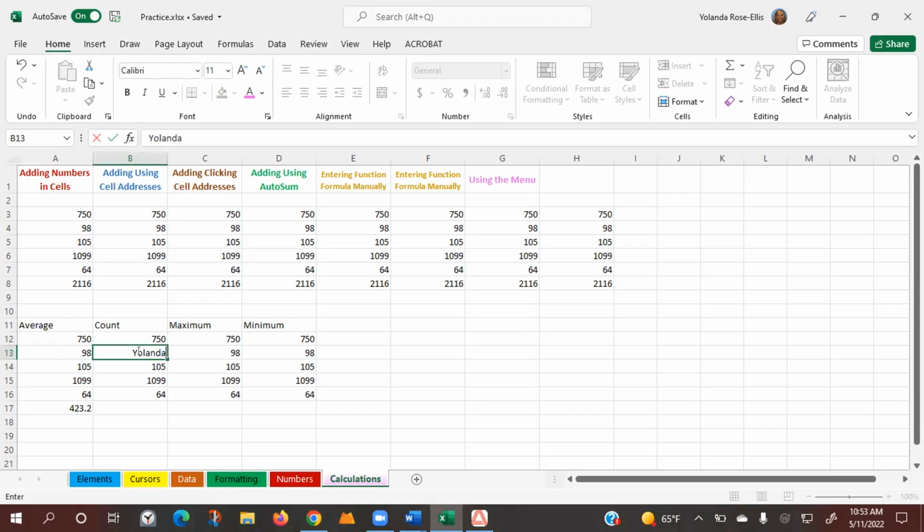In the cell where you have 98, just click on it once and type your name. And then we're going to click in cell B15 and delete the 1099. Okay? So now when we use the count, go ahead and click in cell B17,